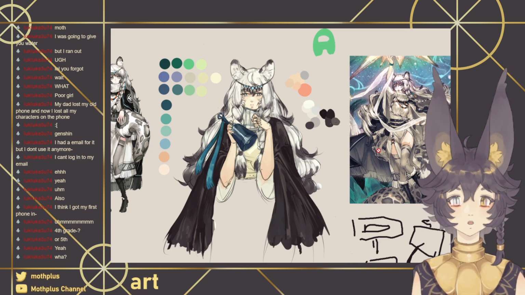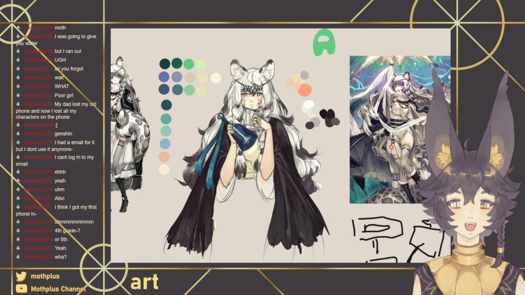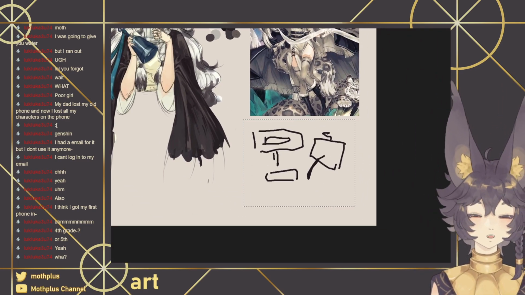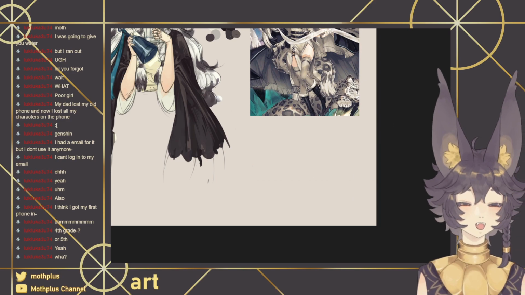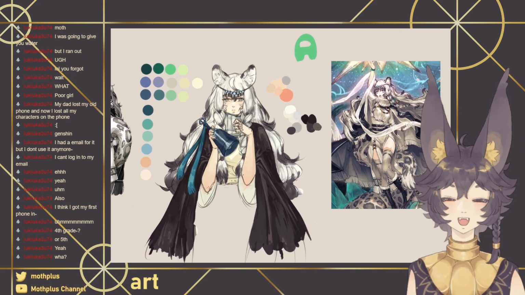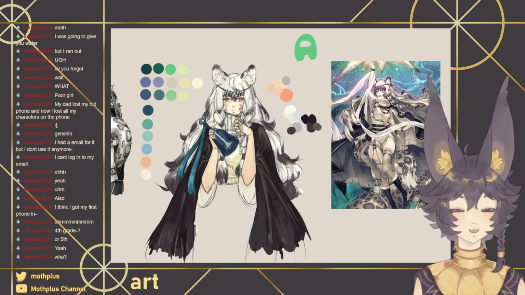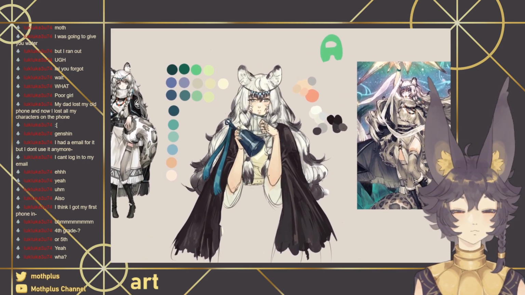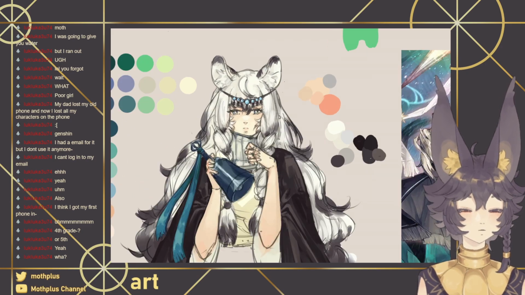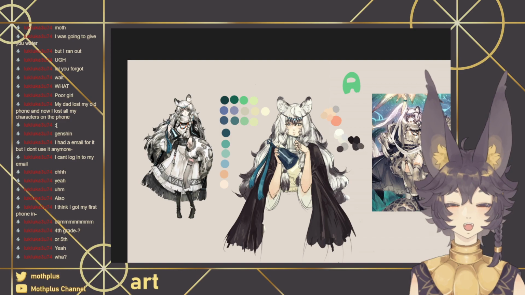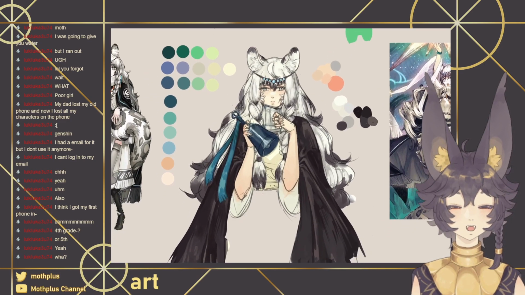It's probably better for my back, because I used to hunch over like an absolute gremlin. Oh god, what layer is this? Oh, there we go. I used to hunch over like an absolute gremlin in order to draw, because I'd have it in my lap. So this is probably better, actually. I should probably just keep it. We've decided, at least for now. I'll probably have this conversation with myself again and again.